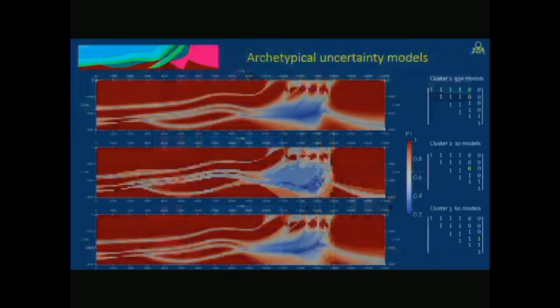And so with that, we can come up with, in this case, 3 different examples where we have 3 different patterns of uncertainty. So 1 means it's very certain, which is red. 0 means it's very uncertain, which is blue. And these are the 3 topological classes. And when you're in areas where there's a lot of agreement, they don't vary very much. But when you get into these areas with the maximum complexity, you can see that they're quite different predictions in